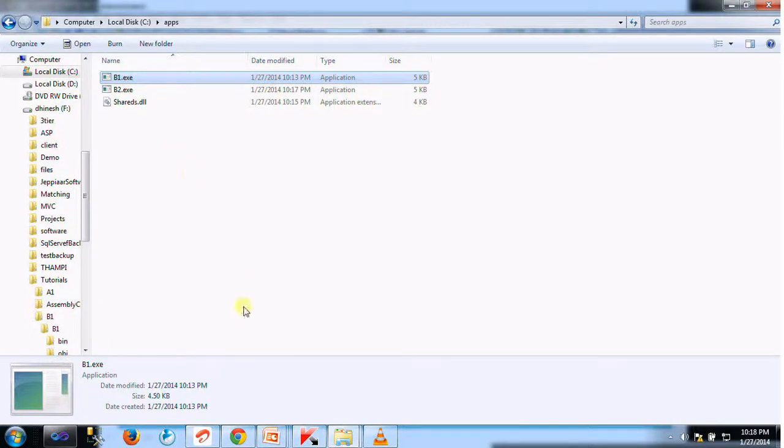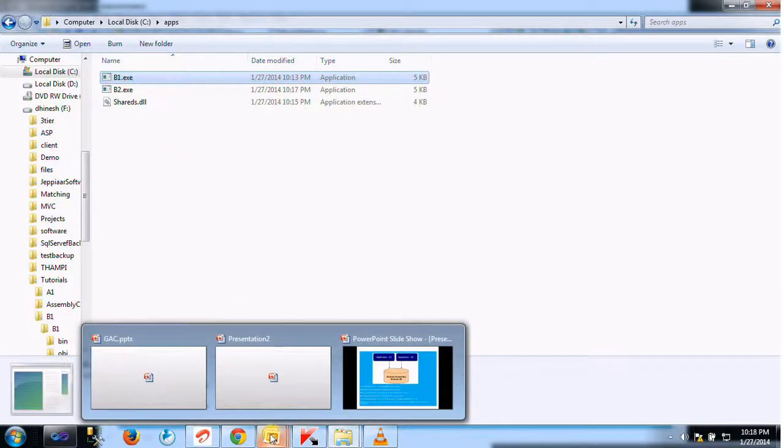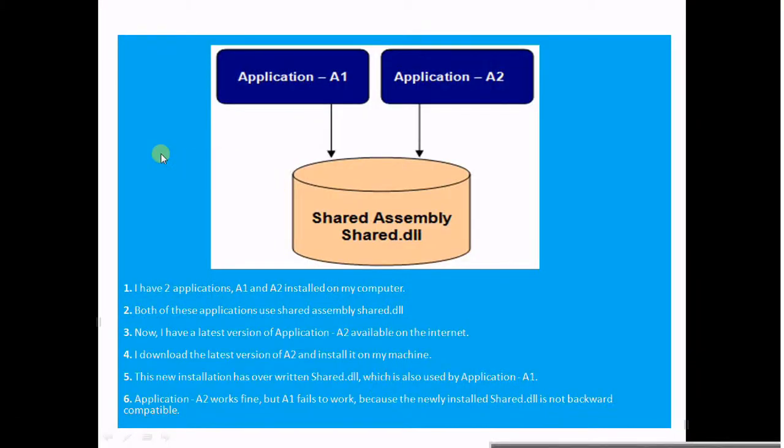We will talk about DLL hell in later sections, and let's go to the slide now. In my applications, I have two applications which share the shared assemblies. Now I have the latest application, P2, available, which has overridden the shared DLL, which is also used by the P1 application.